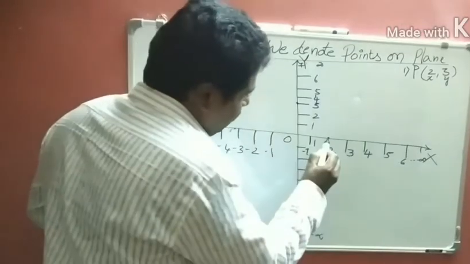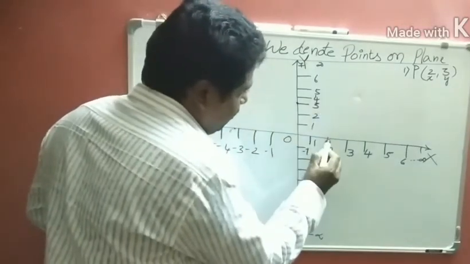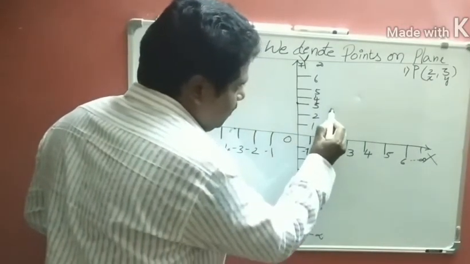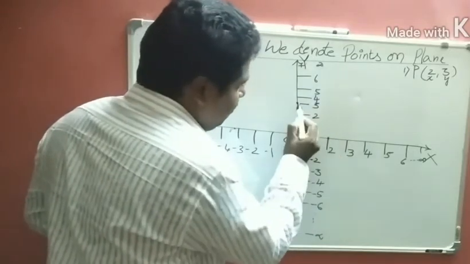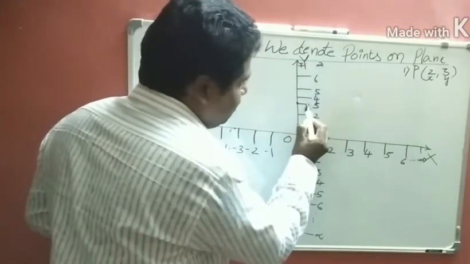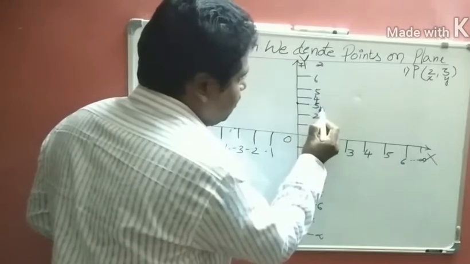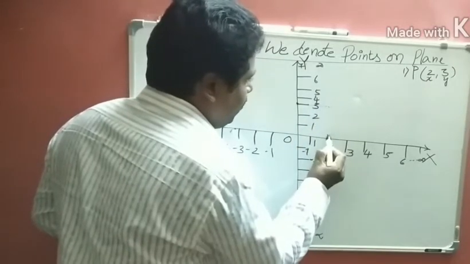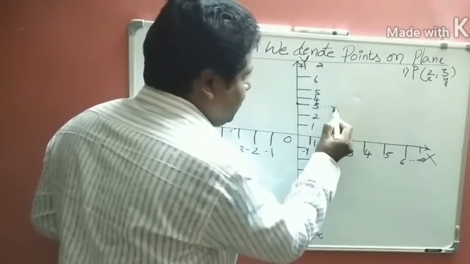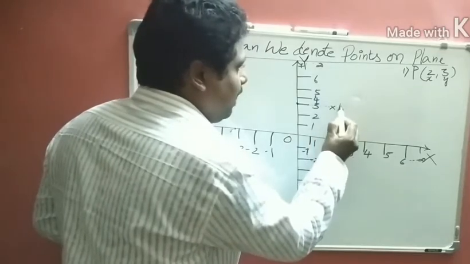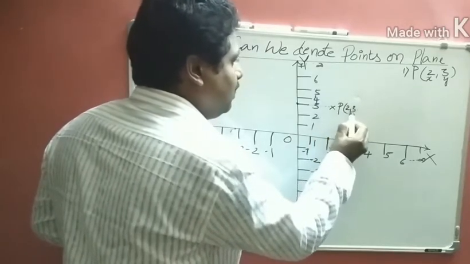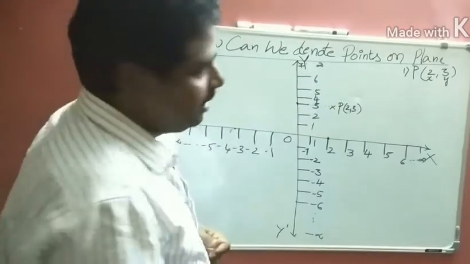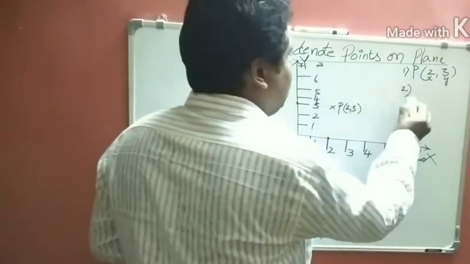Now from 2 moving upward, and from 3 coming to the right side like this. From 2 moving upward like this. Both are intersecting here. So here we have the point P(2, 3). Understand? Let us take another point Q